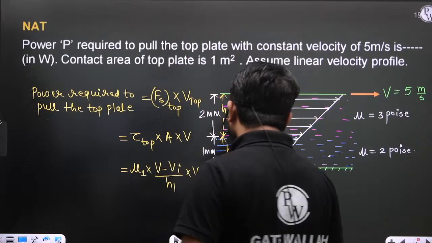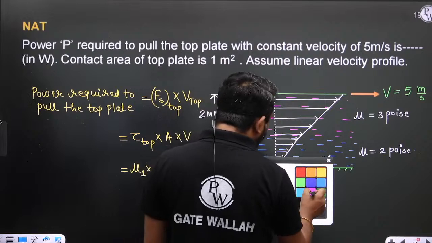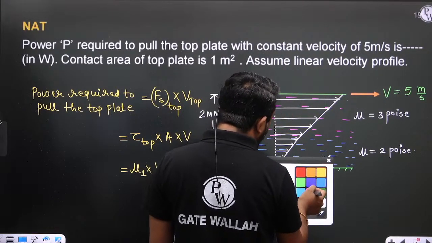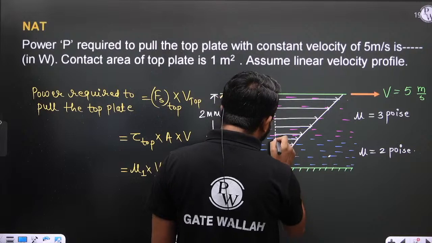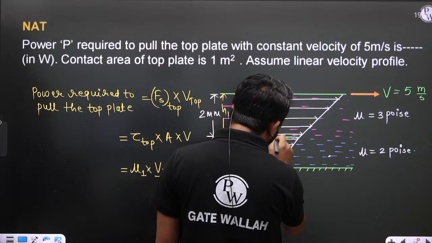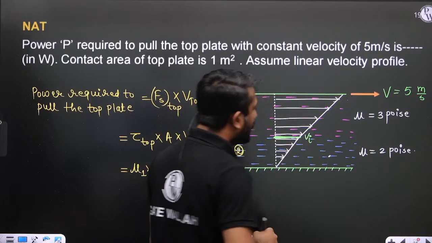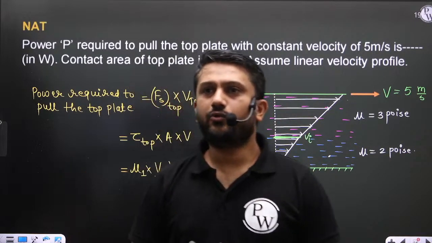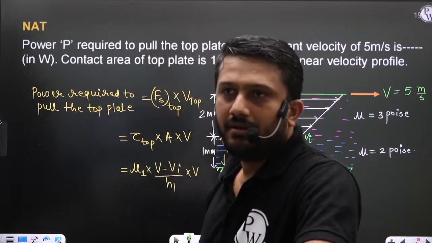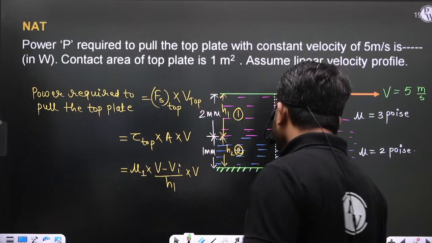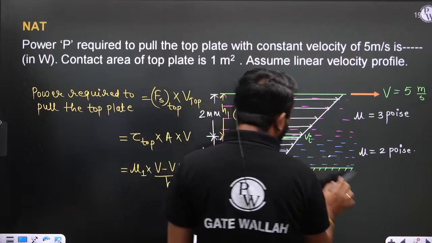In the previous class, how did we calculate the Vi, the interface velocity? Let us consider this is the interface of both the fluids, and here the velocity is Vi. In the previous class, how did we calculate this interface velocity? It is very simple. At the interface